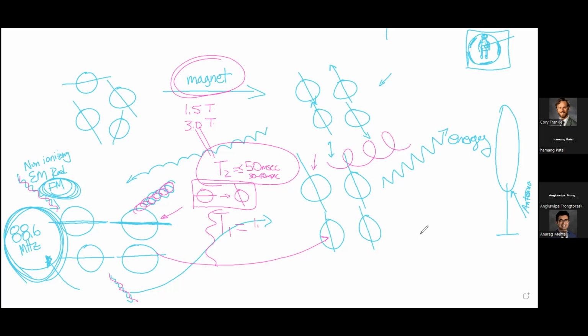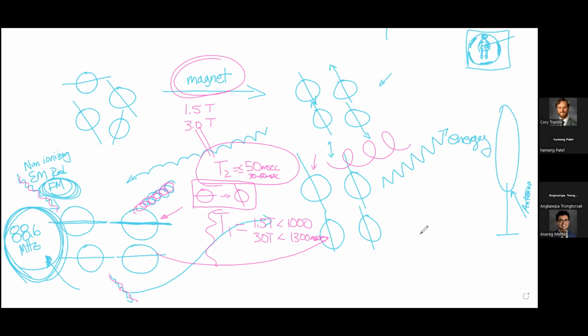So at 1.5 Tesla, the number you want to keep in mind is roughly 1,000. So it's going to be less than 1,000 milliseconds. At 3.0 Tesla, it's going to be less than 1,300 milliseconds. And this varies a little bit for the scanner and its location and all that. But it's important to understand how and why this process operates, and think of it very simply